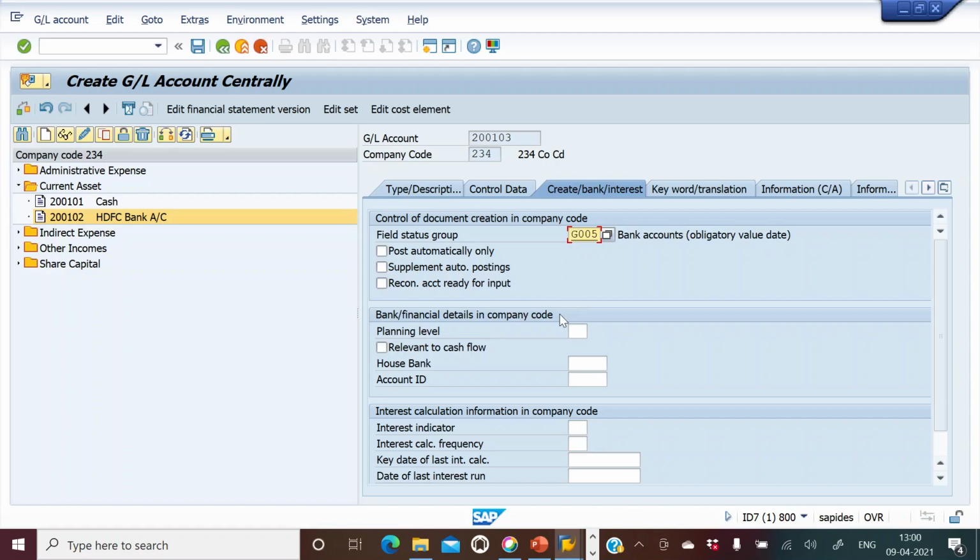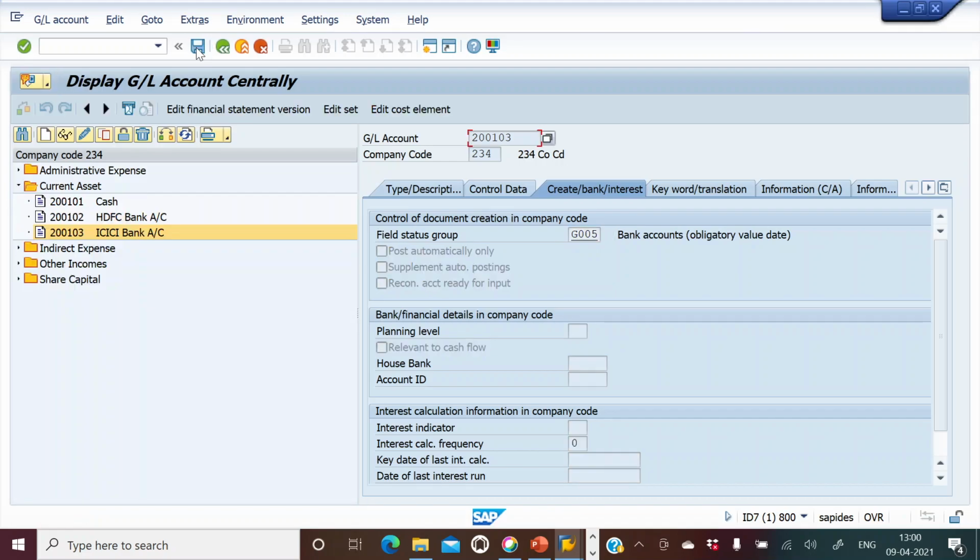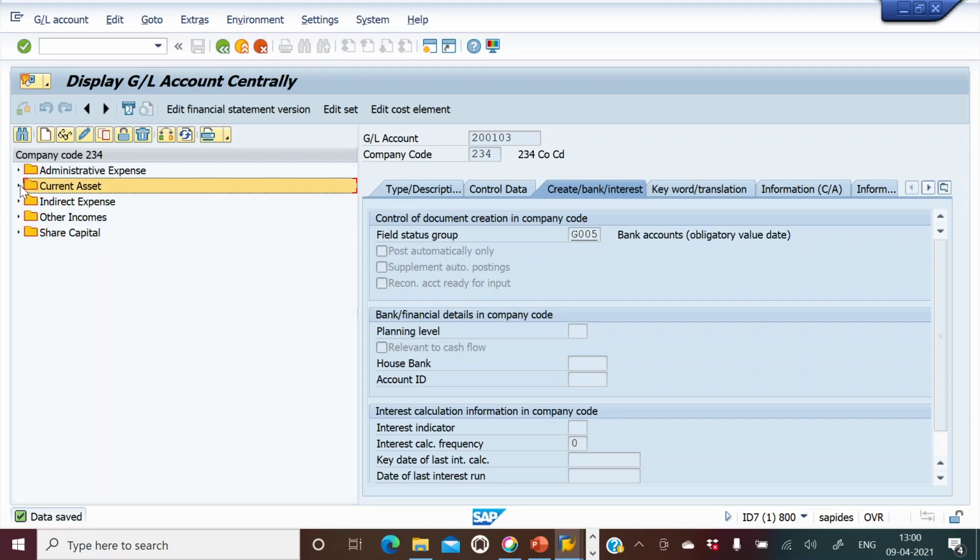So that's all you need to do, and you will click on save, and by that way you will create your ICICI bank account, right? That is how you create GL accounts. You copy GL accounts, you display GL accounts, and you change GL accounts, and you can also change the company code.